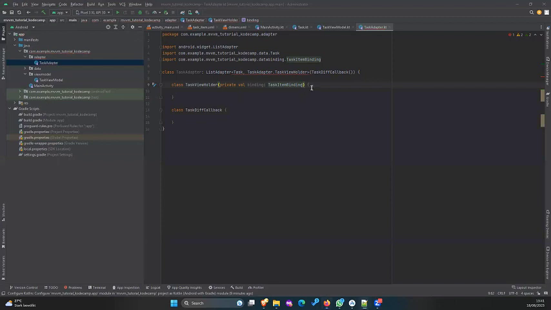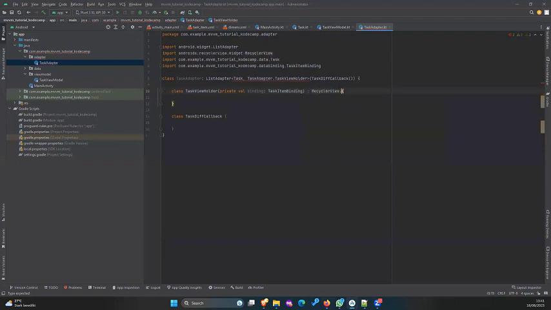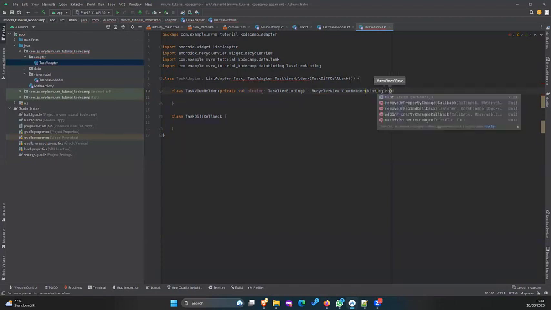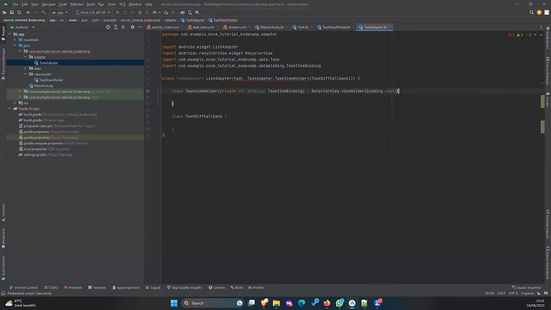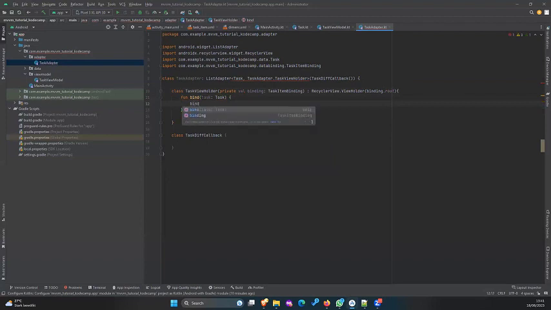Okay, so our class view holder, right? So task view holder. Now this is going to return our recycler view dot view holder, right? And then of course, what are we going to pass in here? We're going to pass in binding dot root, right? We're going to pass in the root of the layout, and then let's create a function to bind. So what do we want to bind? We want to bind a task. Let's use this, right? And then I'm just going to now say binding dot